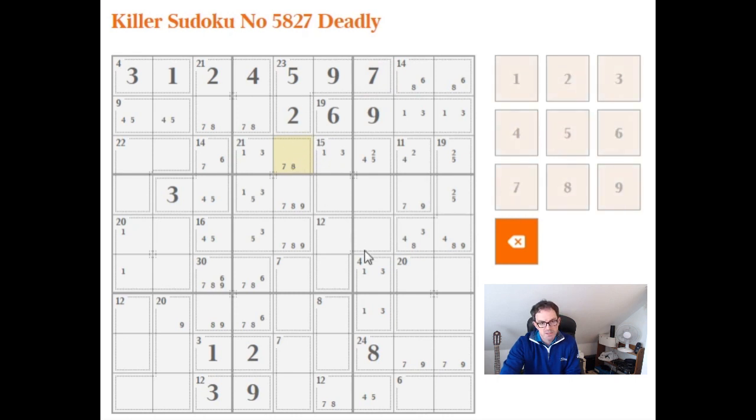The fact that this can't be a 9 now, we still need to place a 9 in this. So the 9 is in one of these two positions here. And we can do a little bit of maths here, I think, to conclude what sort of 22 box this is. So let's ask ourselves the question, if this is an 8 here, this is going to be a 7, this is going to be an 8, and therefore this box here